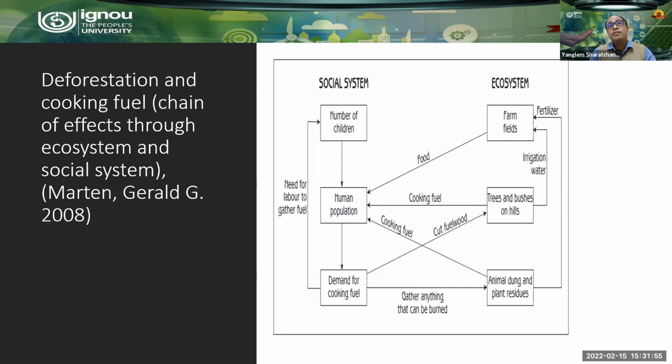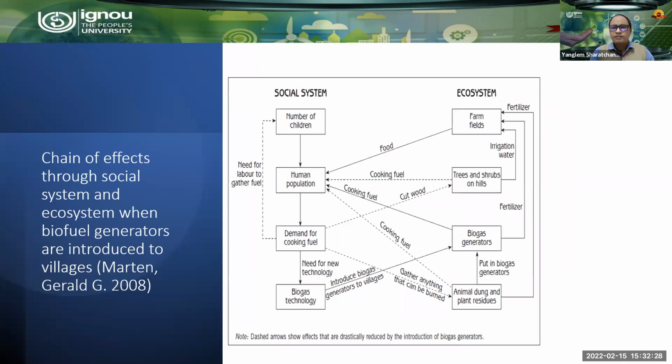The particular cow dung was supposed to be used as manure. And when we burn it for cooking fuel, the fertility of the agricultural area that used this manure will decrease. So this side effect can be looked at from the human ecology point of view. It is because of humans, because of Homo sapiens, we try to adapt to a system through that environment that has a chain of effect.